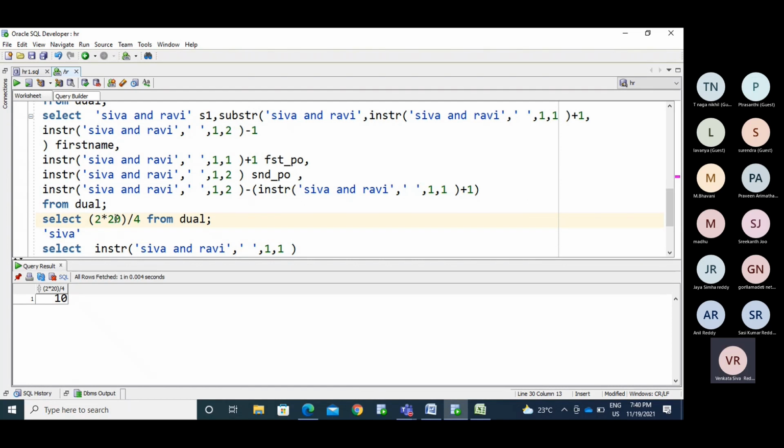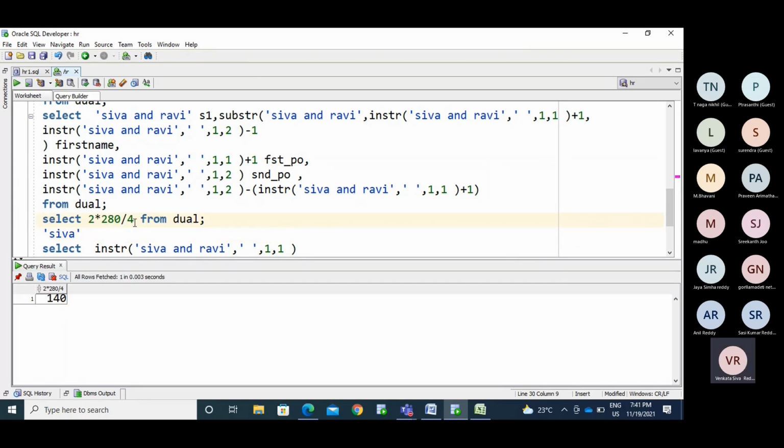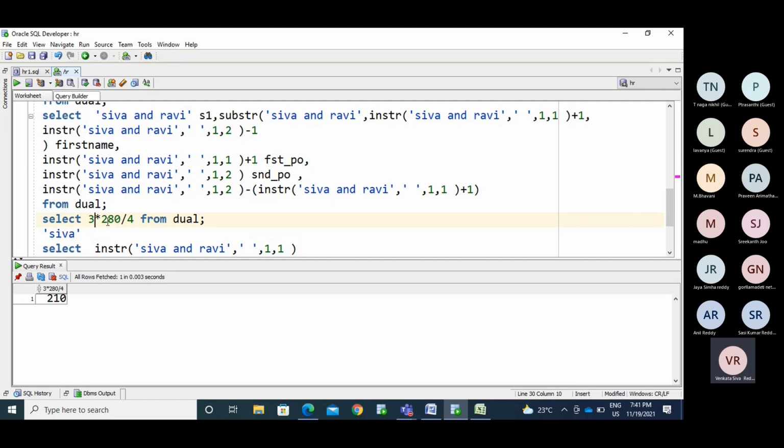Make it like this: 280 divided by 4. So how much are we getting? 70. 70 into 3, 210 you are getting.